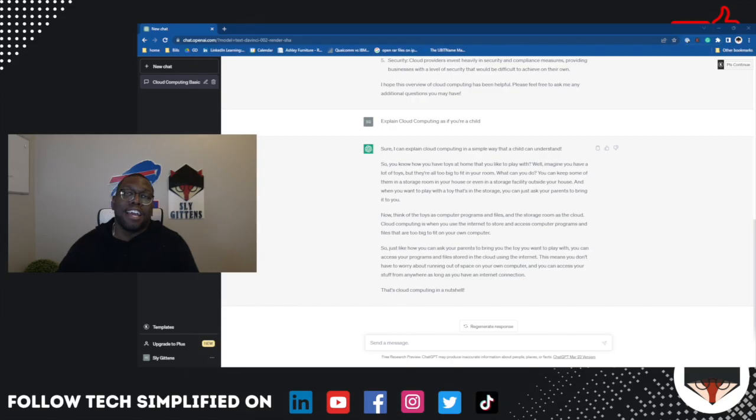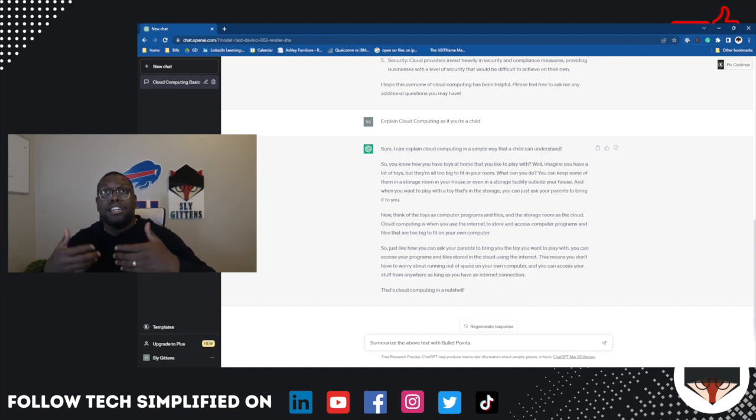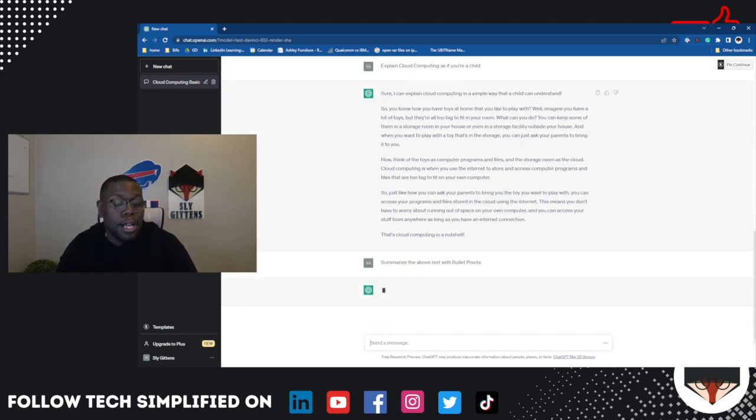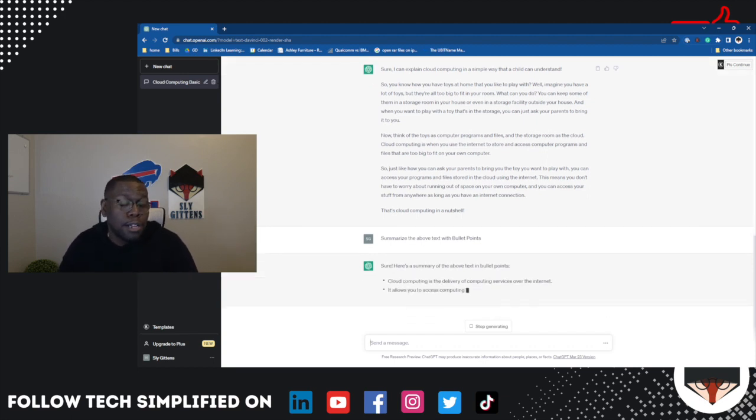Keep going. Another tip and a prompt that you've got to leverage is to summarize with bullets, because this is great. You have a couple of paragraphs here, but what if you could see it in bullet format? You could go ahead and say, summarize the above text with bullets, and it'll do it. Or you could say, summarize what is cloud computing and leverage bullets. And let's see what ChatGPT will generate.